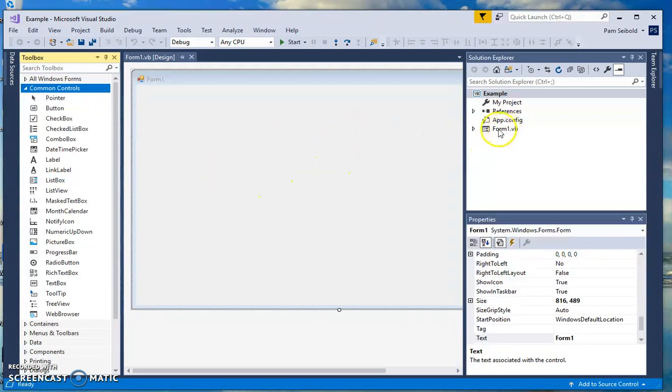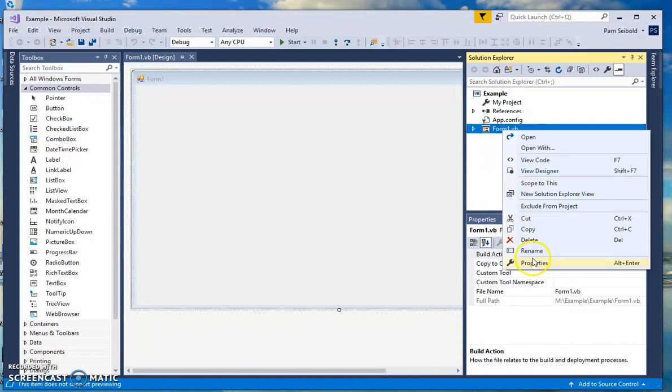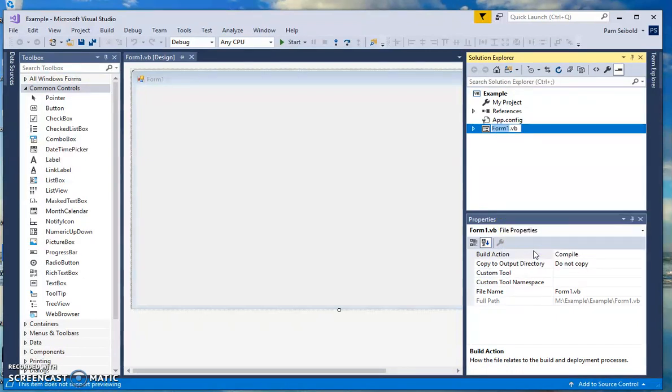I mentioned the fact that by default, the form name is Form1. You should rename this form, and good coding practices say that objects should have a three-character prefix that represents what you're doing. So in this case, this is a form, so I'm just going to right-click, hit rename, and I'm calling